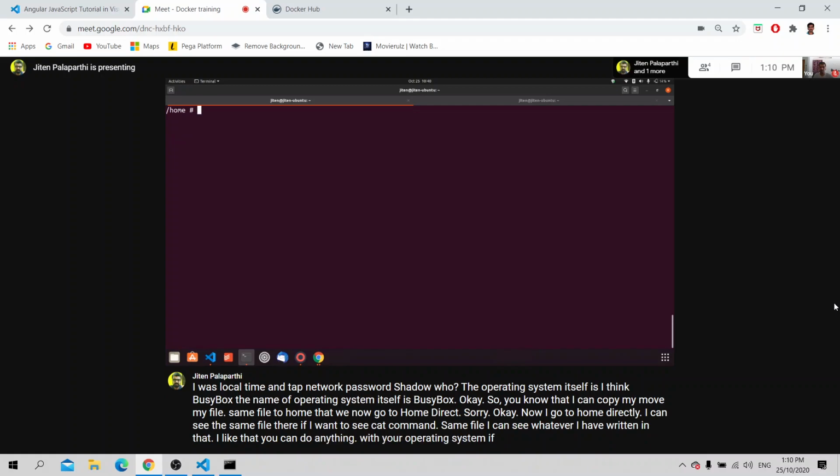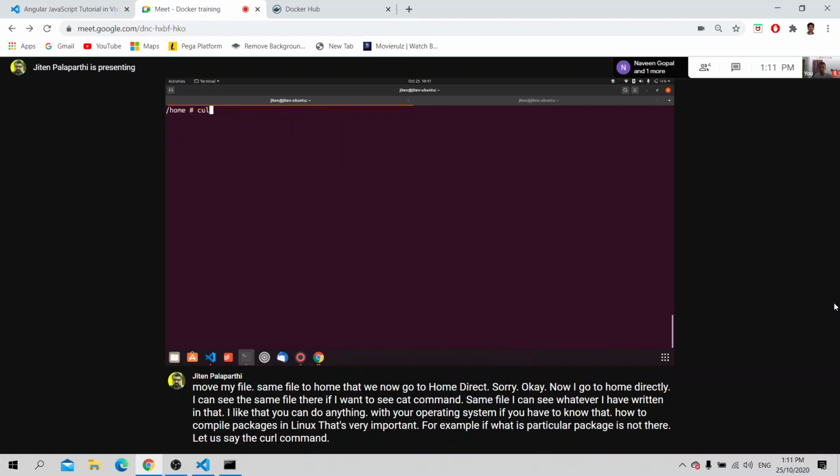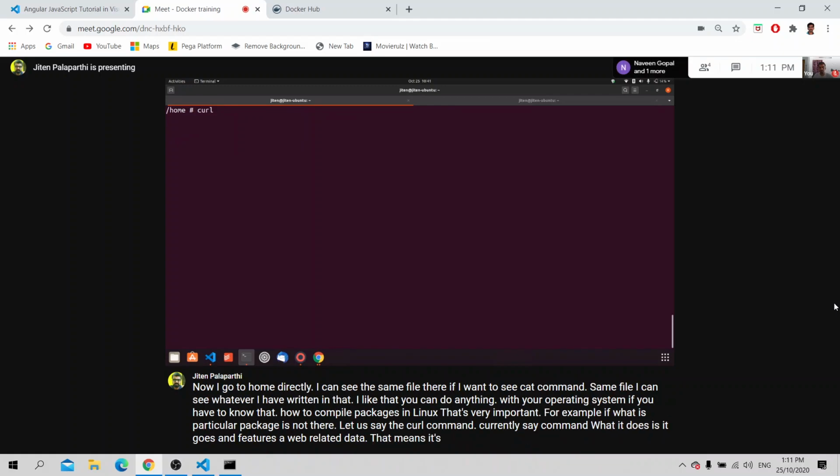You have to know how to compile packages in Linux. That's very important. For example, if a particular package is not there, let us say the curl command. Curl is a command that goes and fetches web-related data, that means it executes HTTP requests.